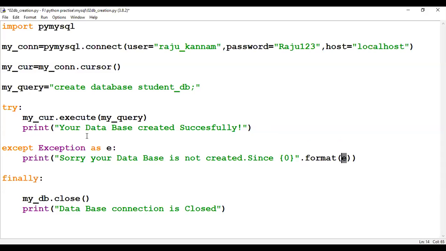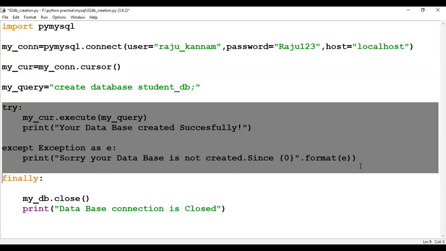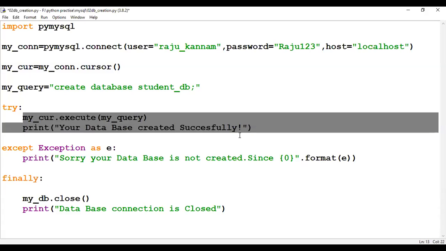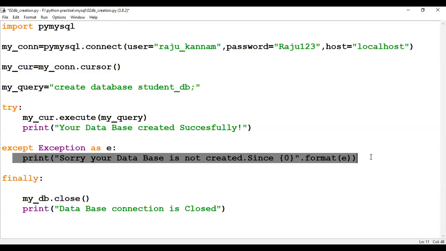Now here we have the finally block. What is the use of finally block? Out of the try and except blocks, if the database is created, the try block will be executed. If the database is not created, the except block will be executed.